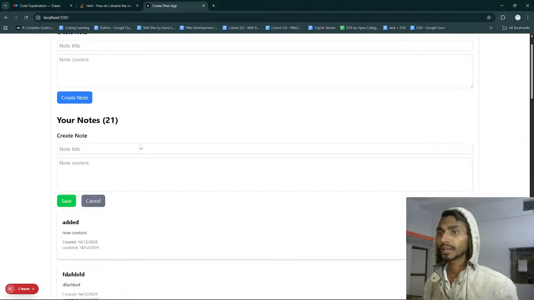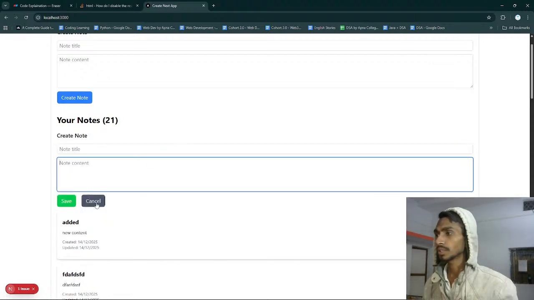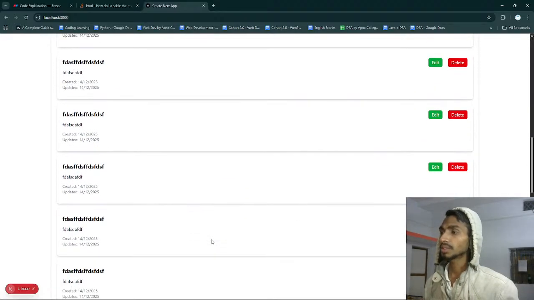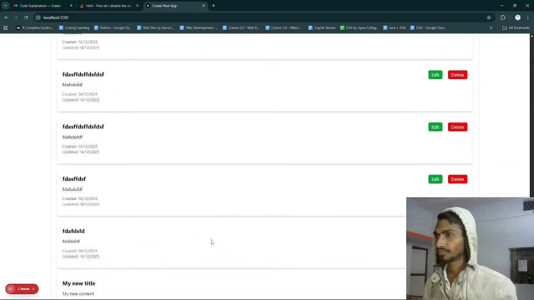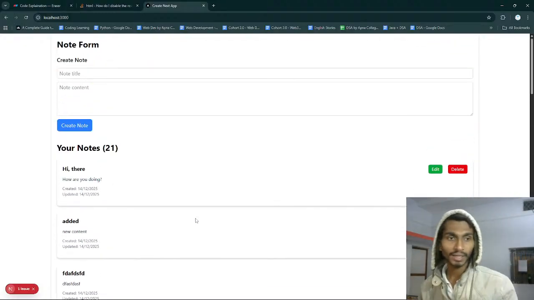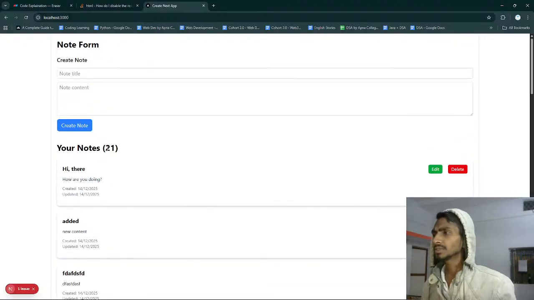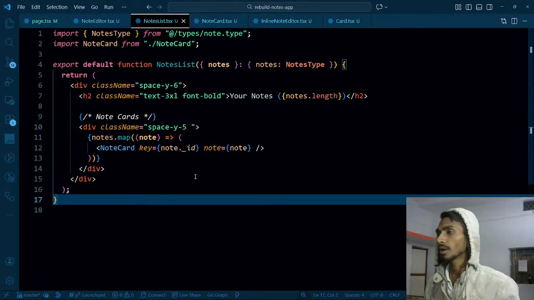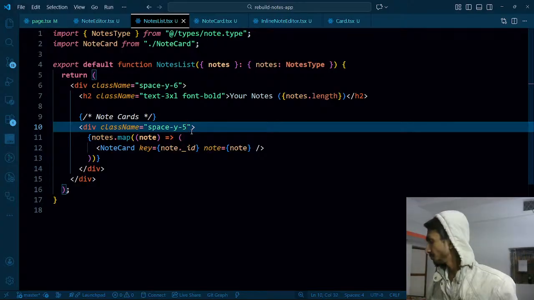If I click on edit, I get the form. I can just put the things over here and done. Otherwise it just does the job. So this setup is even good. Not bad. For now at least I can go with this. Later I'll be changing the things. It's okay. This much is good. What is the next thing that I have to do? The next thing is